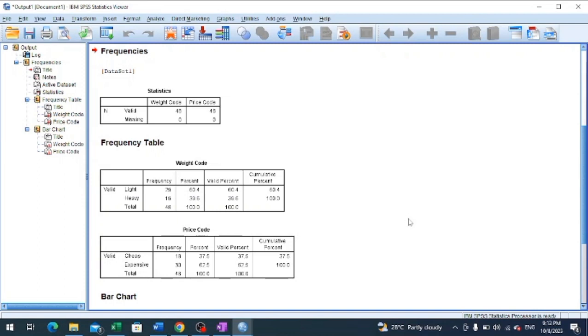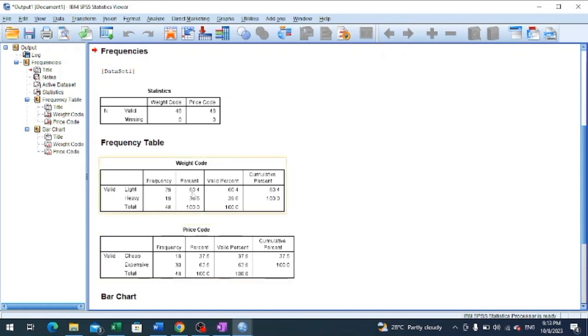But when we transform these two variables, weight and price, to weight code and price code, we should expect that the majority of lightweight diamonds should be classified as cheap, and the majority of heavyweight diamonds should be classified as expensive. But if we focus on the percentage distribution of these two categories, we can easily see that